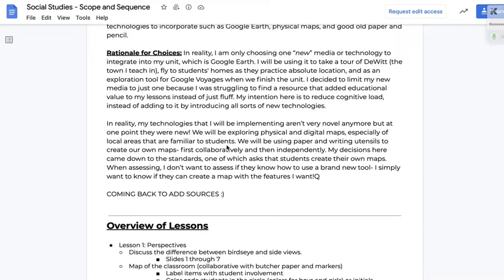I've also noticed some TPACK thinking here when you talk about having them create a map with pencil and paper as a way for you to assess their understanding. I think that's a great explanation of why you've chosen that tool. It fits your purposes perfectly. You're not asking them to demonstrate knowledge of a new tool. Rather, you just want them to demonstrate the knowledge that you're really interested in. And I think that's a great combination of technology, pedagogical, and content knowledge. Technological pedagogical content knowledge, excuse me.